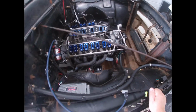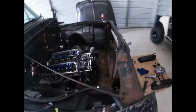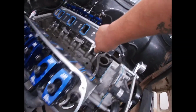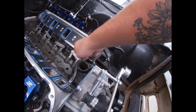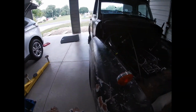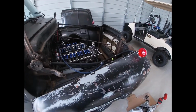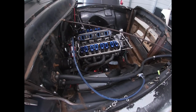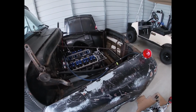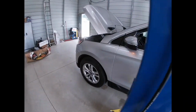I'm going to yank the engine out and do it right, because even though these heads have the cutout on an 8.2 deck small block Ford, you cannot get link bar lifters out without pulling the heads off. So if I'm pulling the heads off, I'm going to pull it all out, maybe shave the heads for a little bit more compression, go over the bottom end, make sure everything's good to go for the next season, and reseal it all and throw it back in. I don't expect to find anything. The oil and filters have been cleaned, but you never know. So we'll get started on this